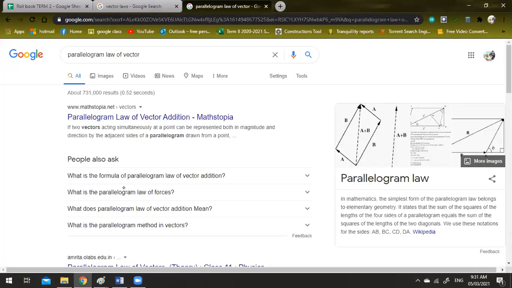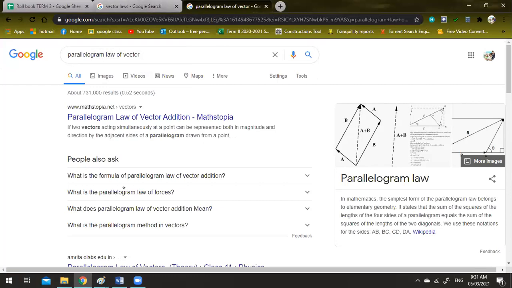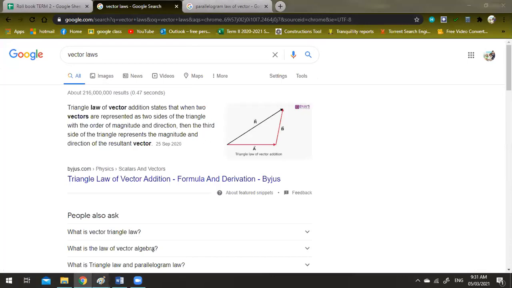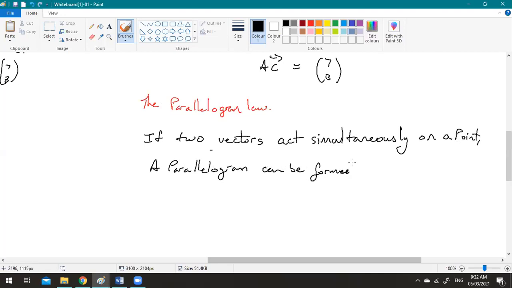If two vectors act simultaneously on a point, the resultant vector can be found by